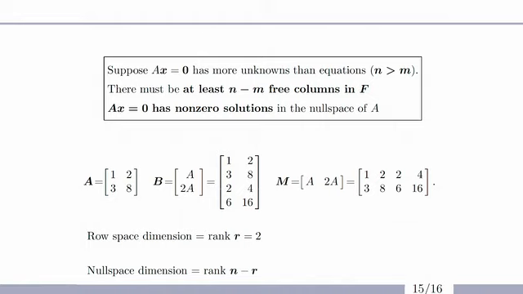The 0 combination will surely give 0. But if I have 5 unknowns, 5 columns in A, and only 3 equations, 3 rows, so n greater than m, then there will be some columns in F,